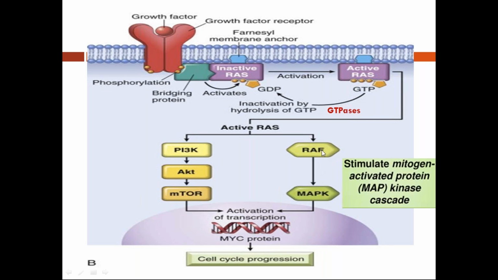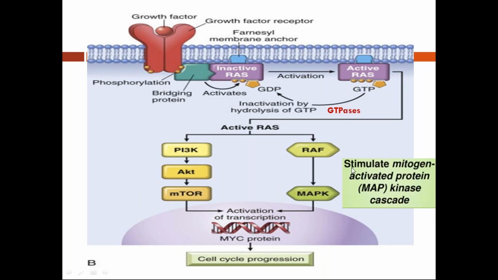This in turn, the RAF pathway, a signal transducing pathway, in turn activates the MAPK pathway. This activates the transcription factor. Similarly, PI3K activates AKT, which in turn activates mTOR, which activates the transcription factor. If you can't remember these names, it's okay, but at least remember the first signal transducing protein. So that's sufficient. MAPK, I've given the full form here.